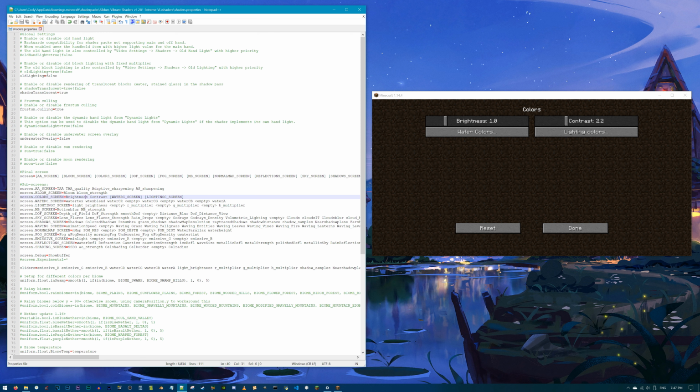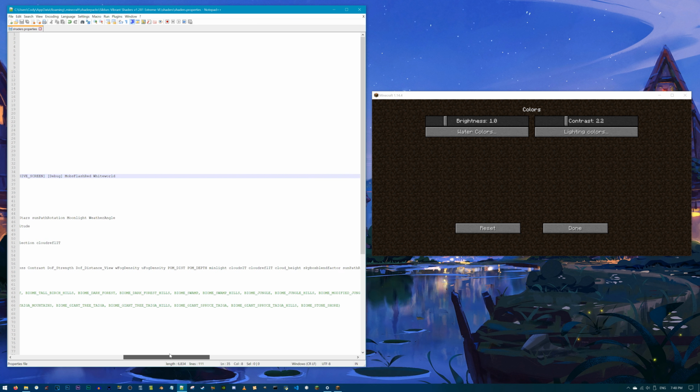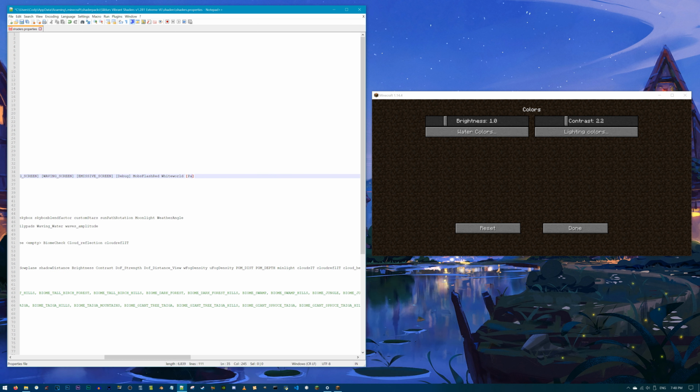Alrighty, now that you have all that information under your belt, let's use it to create our own menu tab on the first page of the shader options menu, with subtabs and effects tabs inside it. To start off, I'm going to set up a menu tab that I can click into on the first page. So I would go up to the screen equals line of code and add the name of the tab in brackets. I'm going to call it